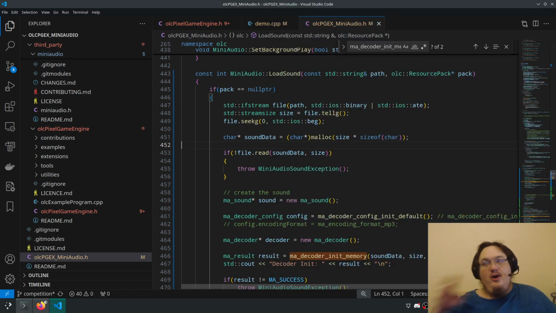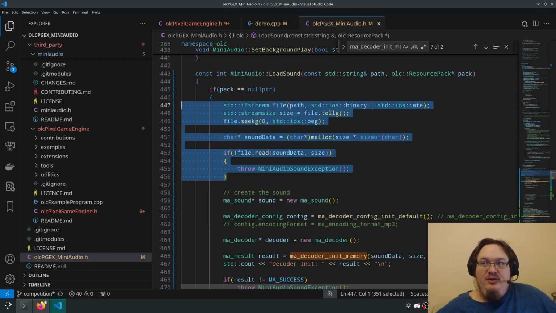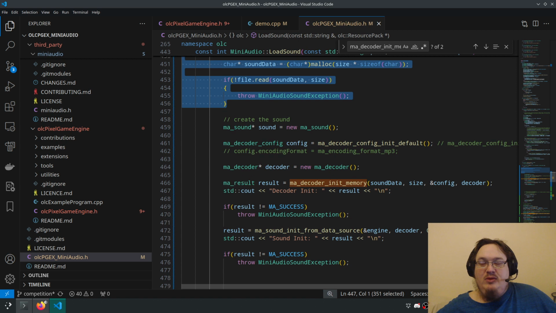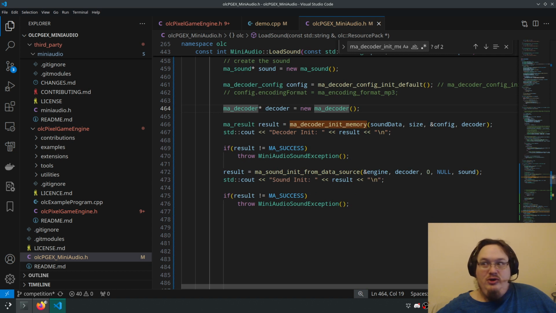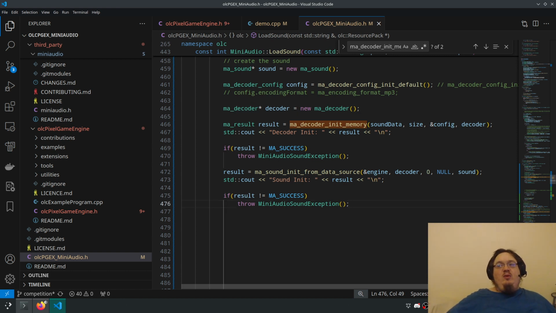So this confirms a few things. This is helpful diagnostic knowledge. We can rule this out as a culprit. And then we start getting into the decoder, and this is where things start getting hairy. Now, we know that when we use the sound initialization from a file, it figures out how to decode it magically. It just does it.